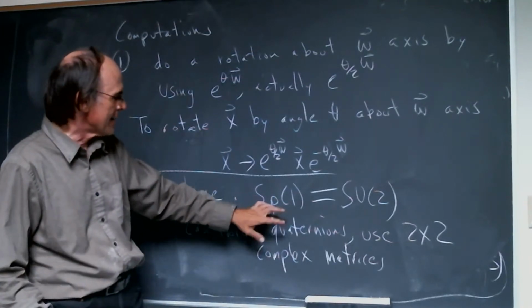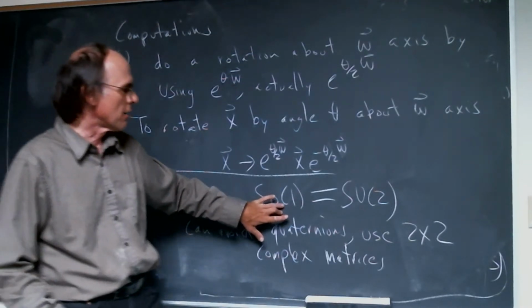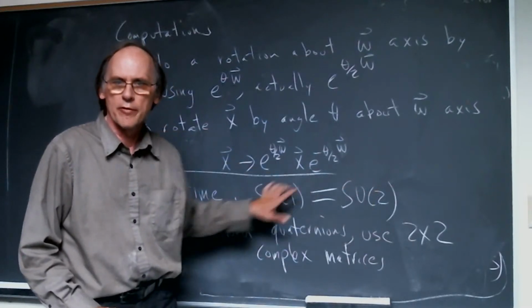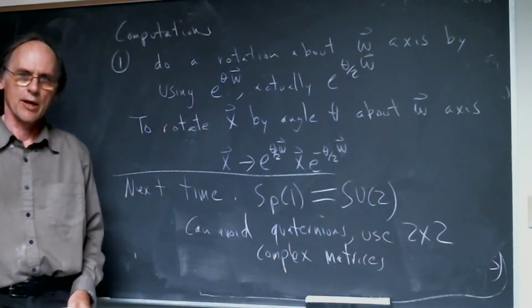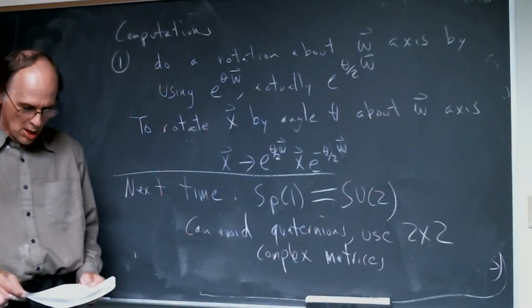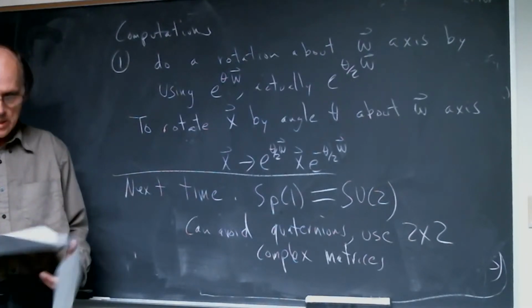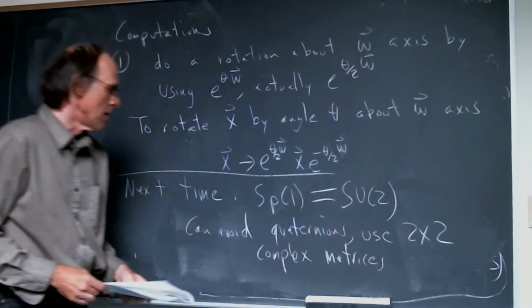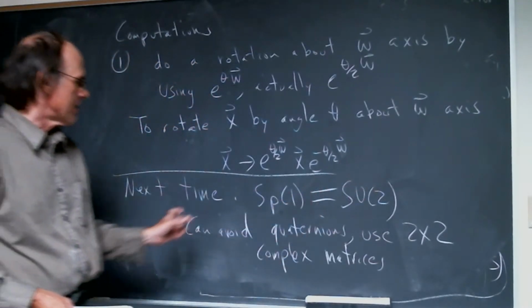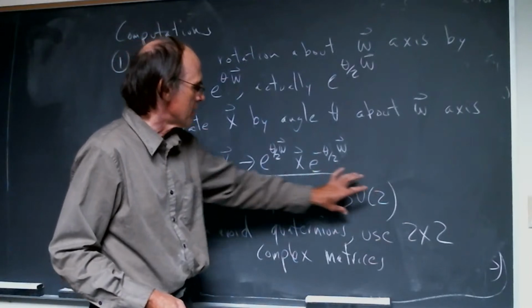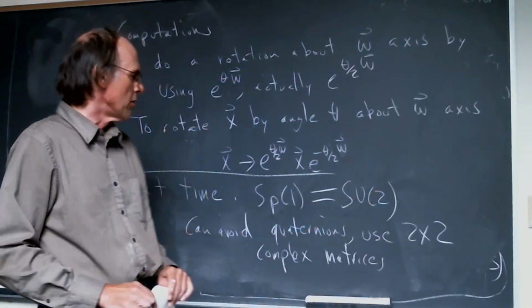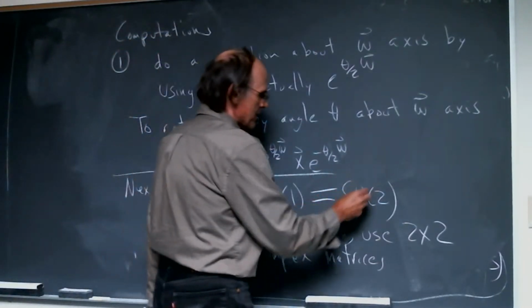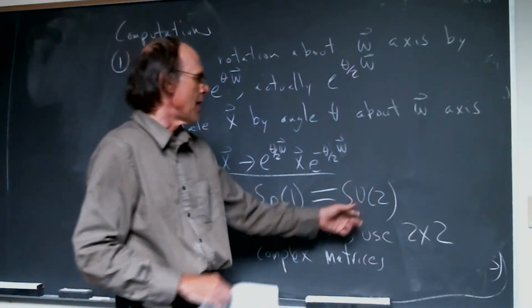It's going to take things like ijk over here and turn them into the Pauli matrices over here, and you see a lot of that. Okay, so next time I'll tell you a bit more about this story, how to go from quaternions to 2x2 matrices, and then you'll realize that you have the same phenomenon that SU2